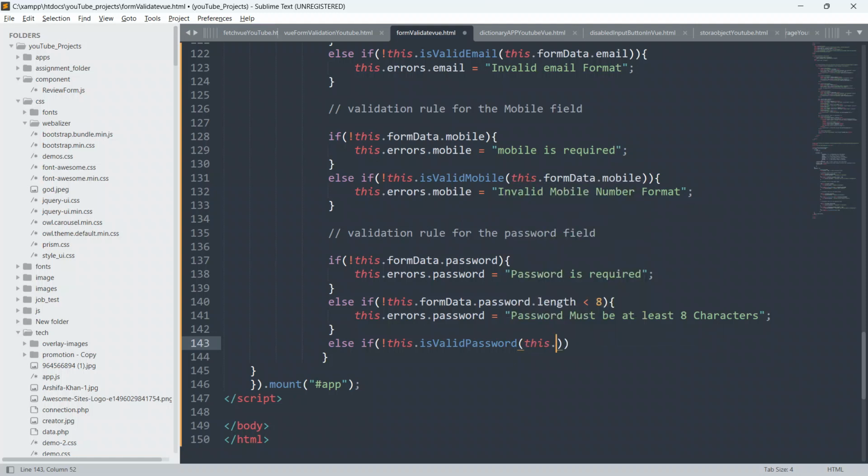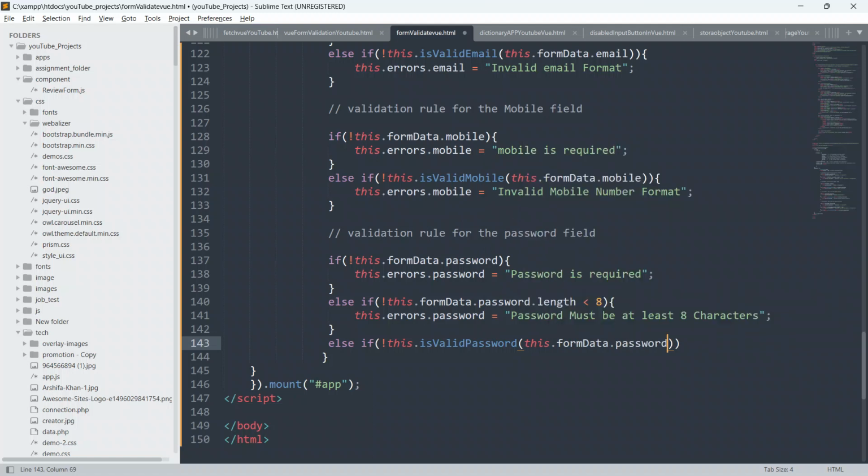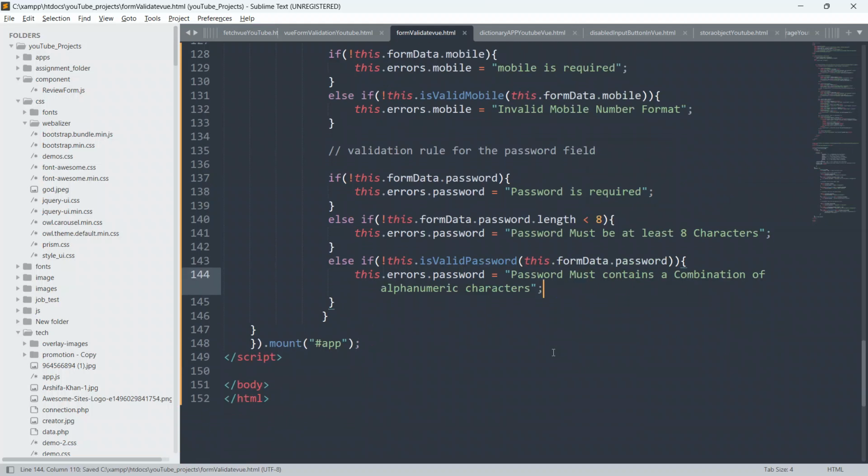So we will say this.formData.password, and we will also say that this.errors.password equal to "Password must contain a combination of alpha numeric characters" and semicolon.